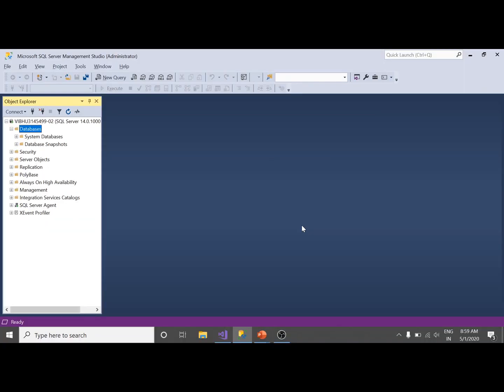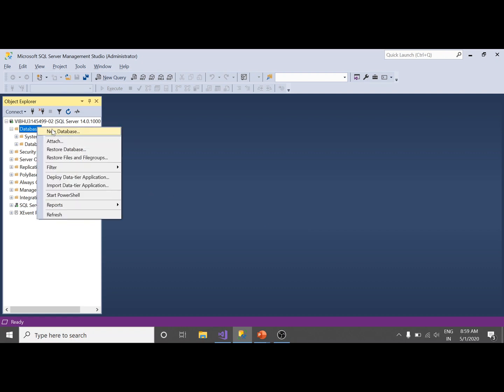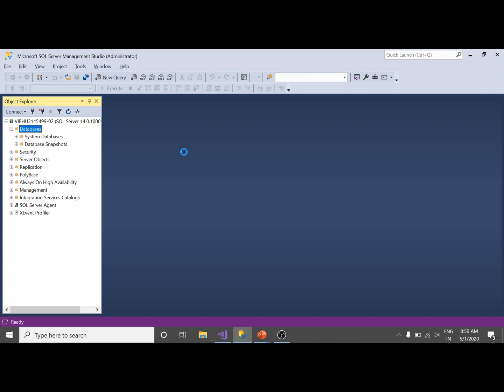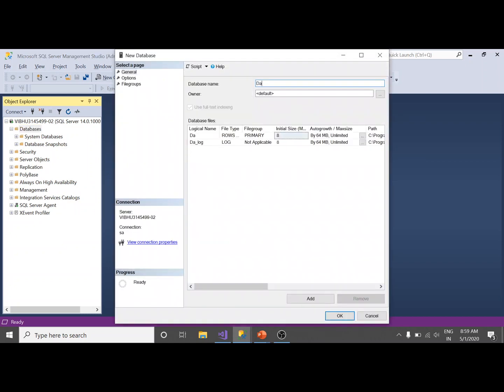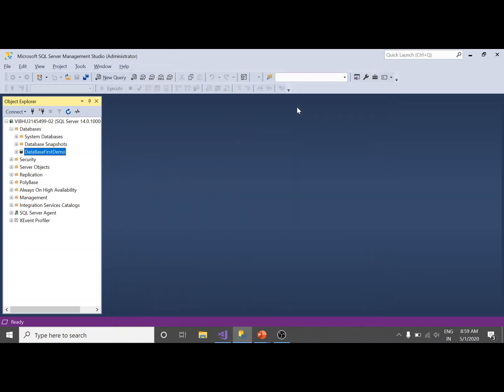So here is my SQL Server Management Studio. Here I need to create a database first. Let's rename it database first demo and save it.